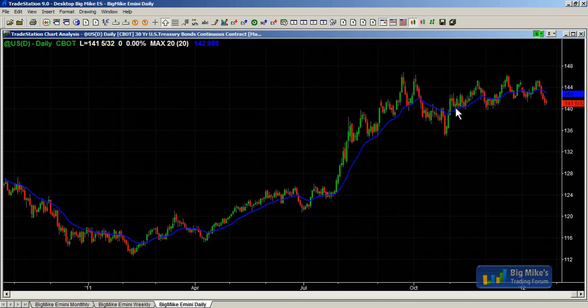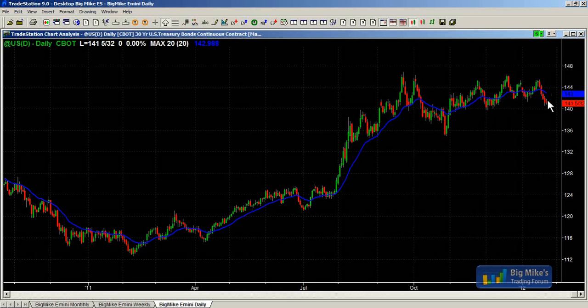Okay, 30-year. This is the 30-year bond daily, double top, spike, and trading range. To me, the dominant feature of this chart is the tight trading range between 140 and 145 or so, and I assume the market will stay there forever. And once I see evidence that I'm wrong, I'll trade it differently. But until I do, I'm going to trade it like a trading range: buy low, sell high, and scalp.